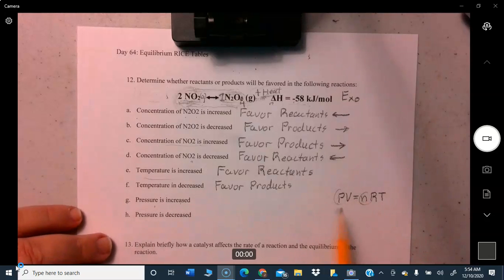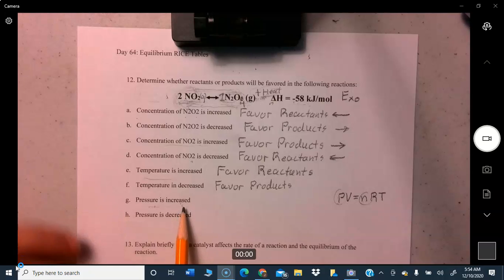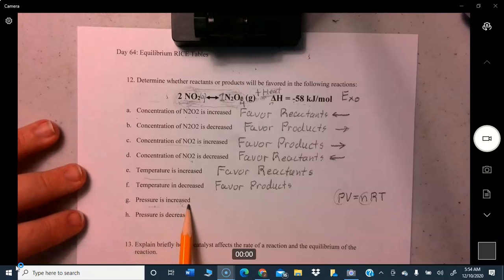So if pressure is increased, that means one way that you can decrease the pressure, because that's what the reaction's going to want to do. If suddenly you increase the pressure when it's at equilibrium, it's going to want to get back to equilibrium pressure. So how can it do that? It means it wants pressure to go down. Okay, you made the pressure go up. The reaction reacts by saying, I want the pressure to go back down so I can be back in equilibrium